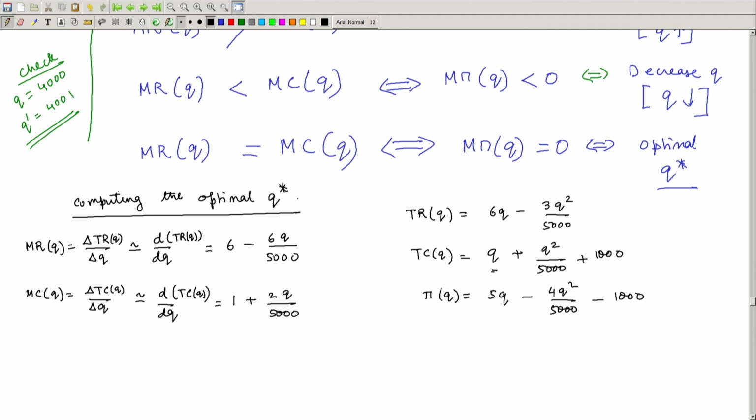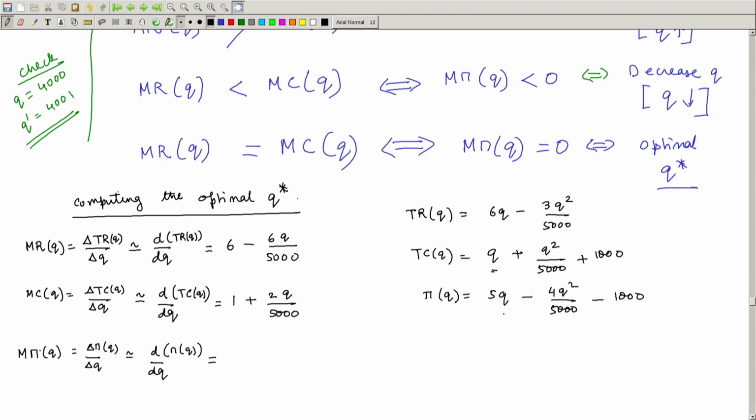Now I already know that the marginal profit is marginal revenue minus marginal cost. So I can simply subtract the marginal cost from the marginal revenue and write it as the marginal profit. This is the marginal profit. Okay. So let me just write this clearly. So this is the marginal profit. That is either marginal revenue minus marginal cost, or I can simply take the derivative of the profit function, delta pi over delta Q, which is the same as d pi/dQ,